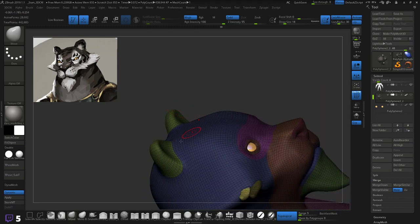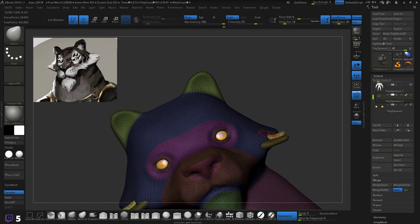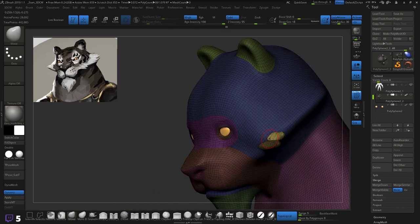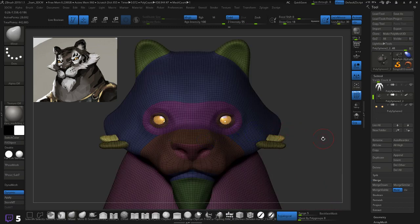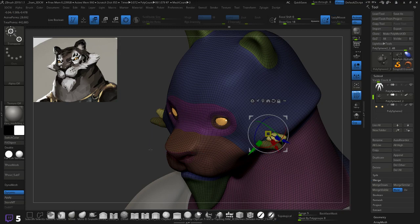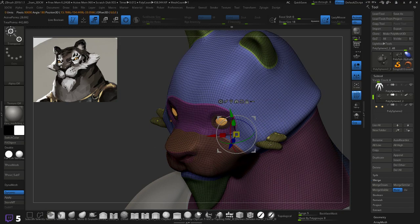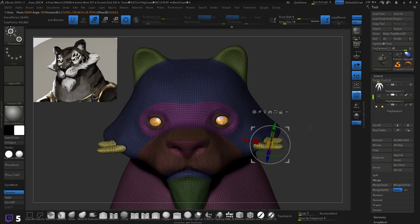Yeah, I think that's not a bad idea to do it separate. I guess I get a little bit more control. I think the other one was thinner. Let's see. I can't actually grab it separately now because it's the same, because I copied it, it was the same subgroup. So what I can do is,